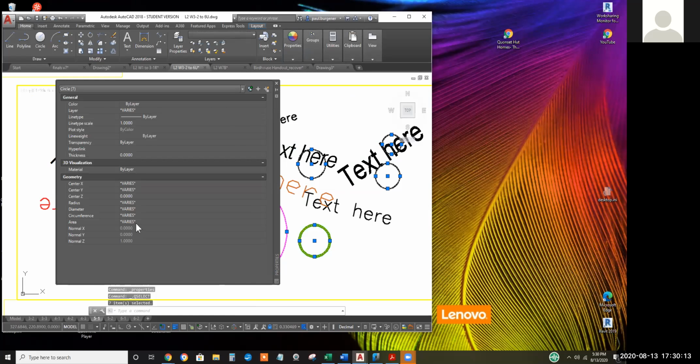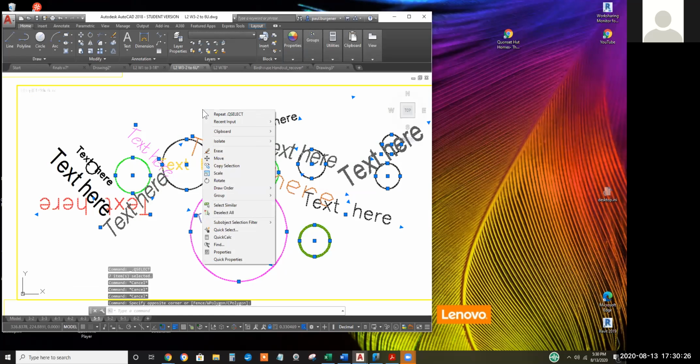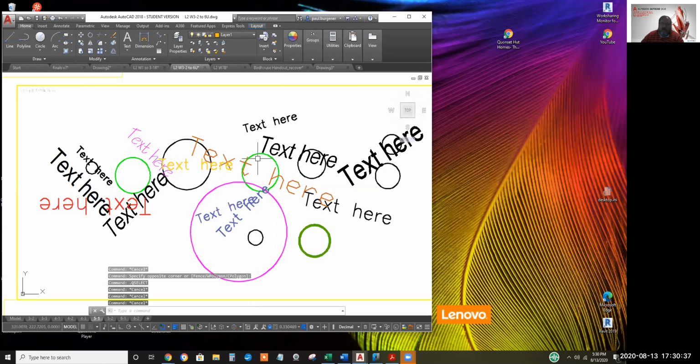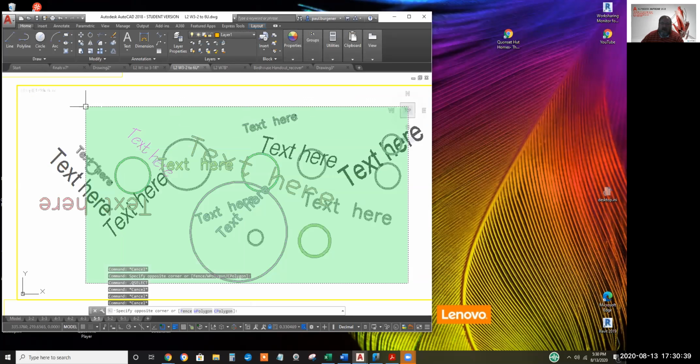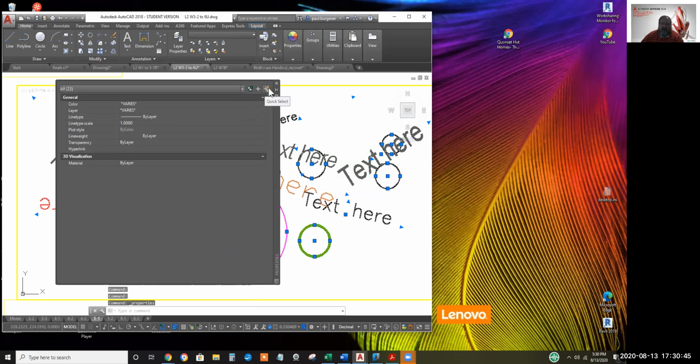You go to properties, but I think you can avoid one step by just going to quick select. If you start over again, Paul, trap it, right click, quick select. Quick select is the icon that I had been using. Yeah, so you're doing 2 more clicks to get into the quick select. Now filter,